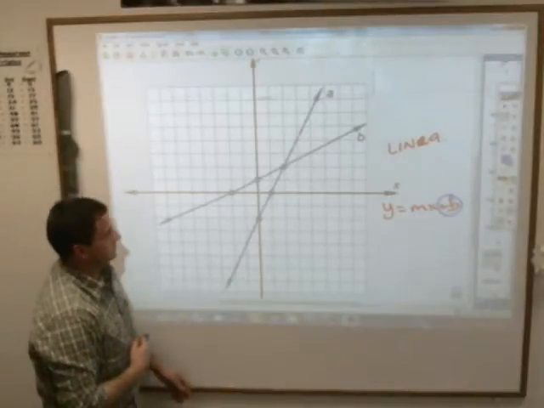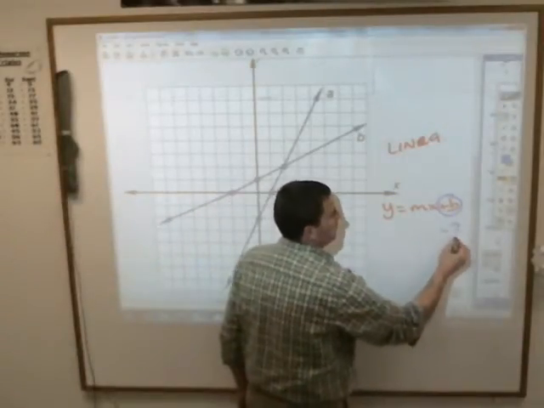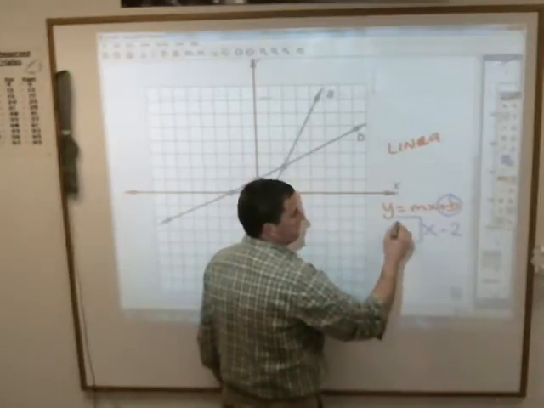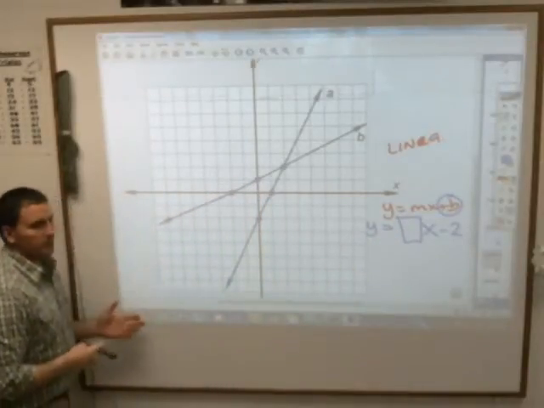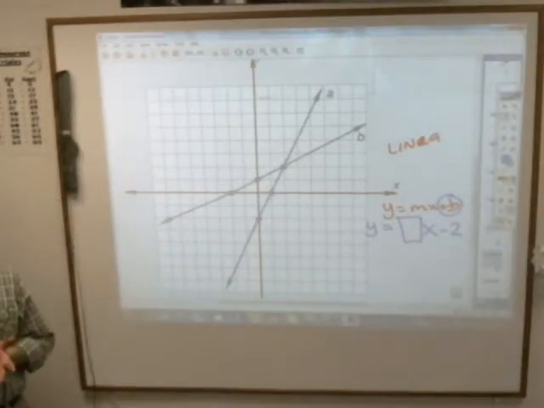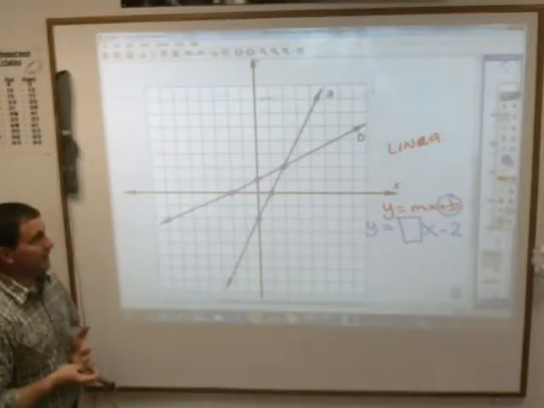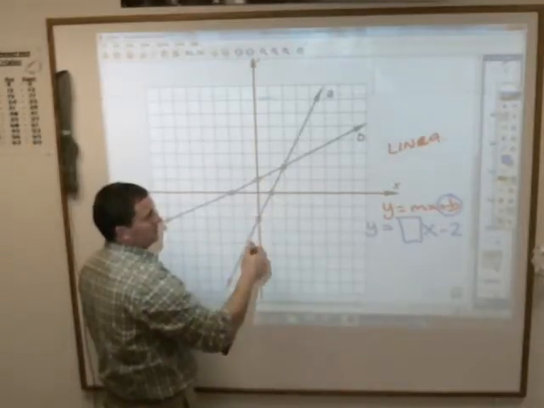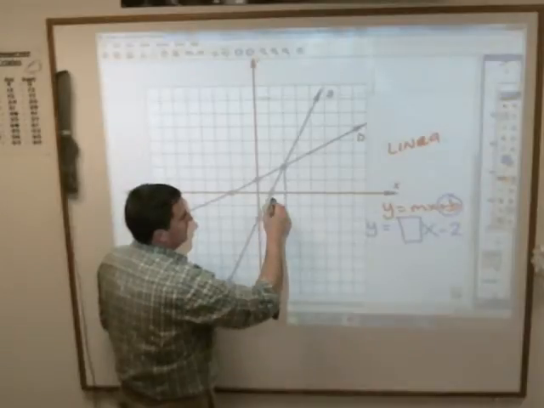Lauren? -2. At -2, it looks like negative. So you already know the b part. Now you need to find what the slope is. And there's no easy way around the slope. To find the slope, you need to make a triangle, a right triangle, out of any 2 points that you can find. Fortunately for line A, you've got this point, this point, this point. If you take it and make a triangle out of this,